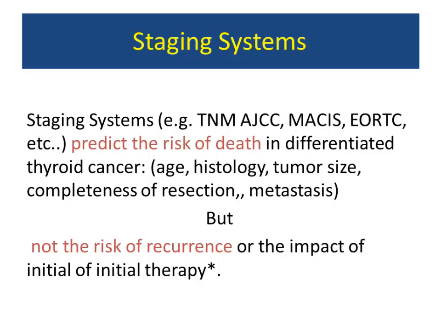Having this, I looked to see how many staging systems are available, and if you do a search on the internet, there are close to around 17 staging systems present on the market. And then there have been some rating systems, and there are 3 that are highly rated: the TNM AJCC, the MACIS from Mayo Clinic, and the EORTC from the European staging system. However, most of the staging systems predict risk of death in differentiated thyroid carcinoma, based on elements essential in their staging relating to age, histology, tumor size, completeness of resection, metastases, but none except for one really look at the risk of recurrence or the impact of initial therapy on the persistent or recurrent